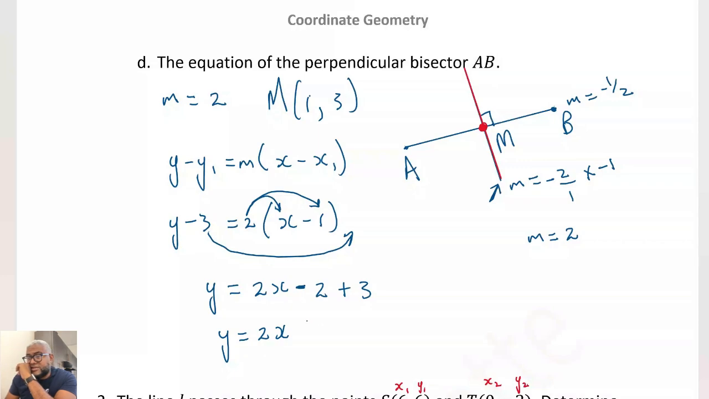What are we rearranging? The 2x take away y. 2x take away y? No. Amani, what are we doing here next? So 2x take away